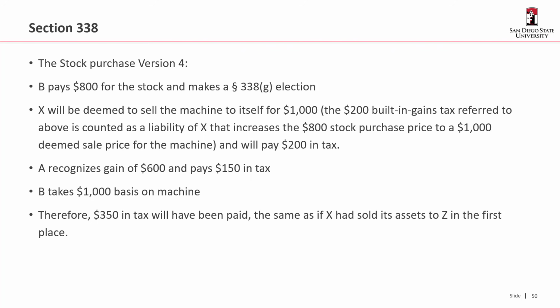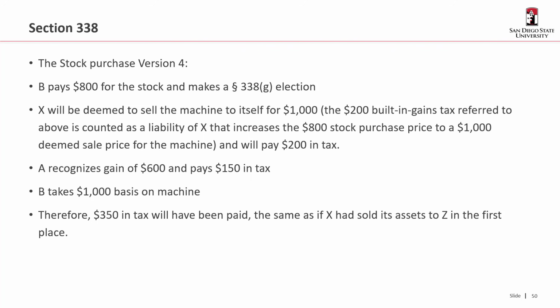So the $350 in tax that's been paid is now the same as if X had sold its assets to Z in the first place. So we finally matched it, right? We adjusted the sales price down to $800 to reflect the fact that we're going to gross it up by the tax liability. A ends up paying the tax that they would have paid because in some respects, think about